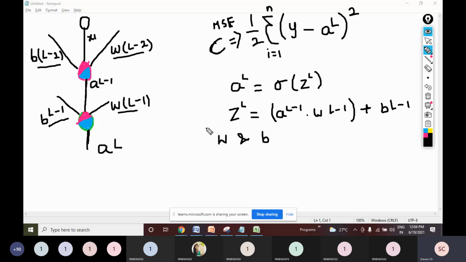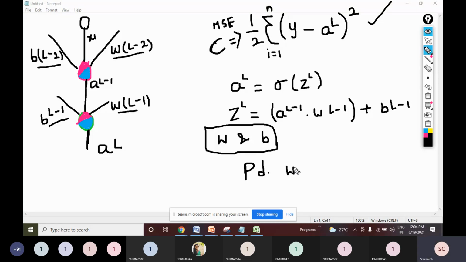Now what do I need to do? I need to apply gradient descent, right? Why is gradient descent applied? To reduce the error. What is the error function? This is the error function. Now how do I reduce the error? By applying gradient descent. What is gradient descent? It is nothing but calculating partial derivatives. So now I need to calculate partial derivatives